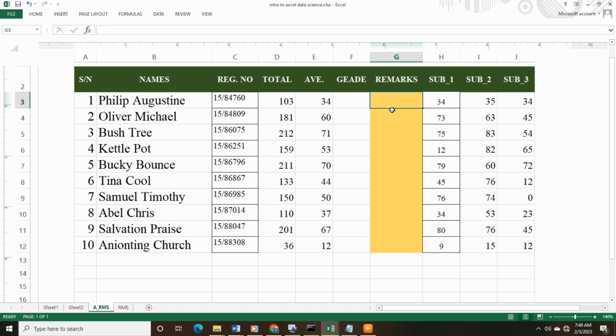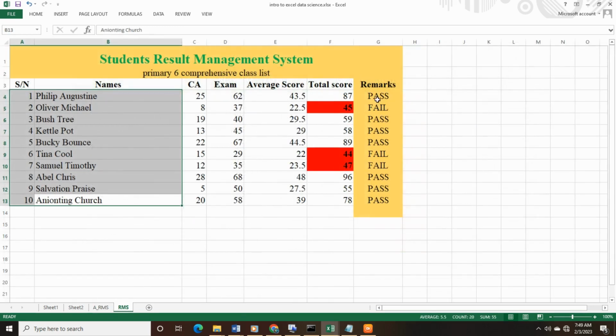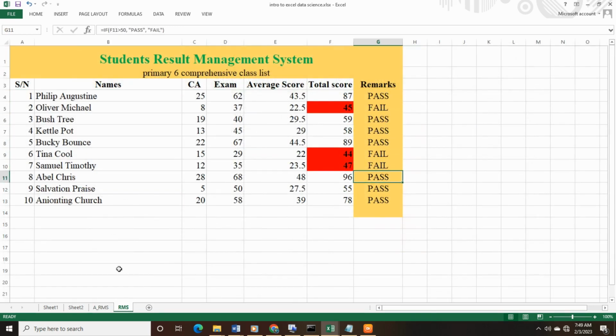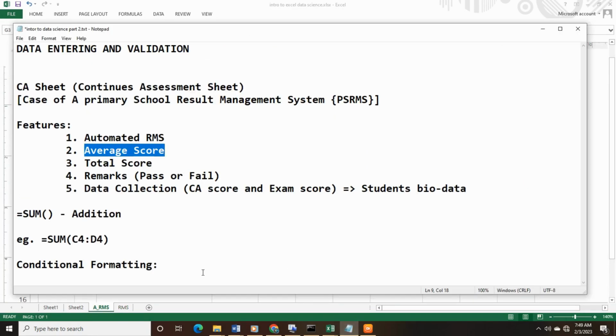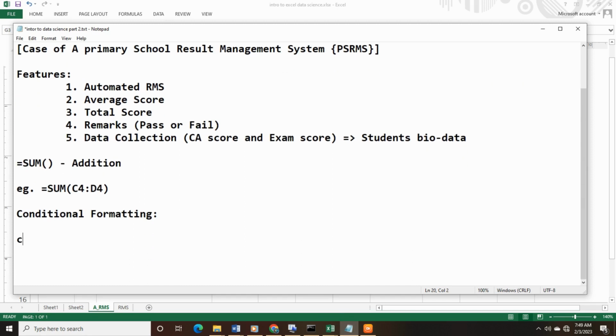Alright, let's work on the remarks. So under the remarks now, we want to talk about adding remarks here. Like we did before, if it's pass, fail, pass, fail, pass, fail, and so on. So we want to do the same thing here, and we're going to use what we call conditional statements. Conditional statements. That's what we're using, which is the if else condition, or the if,